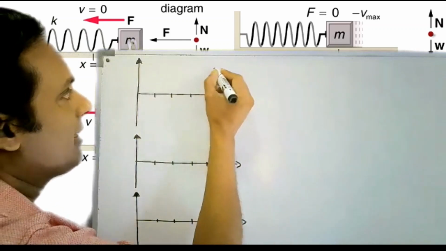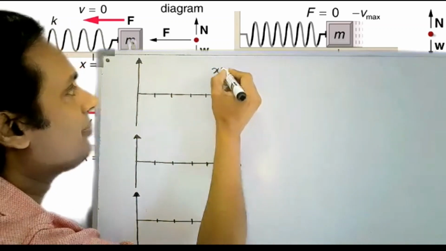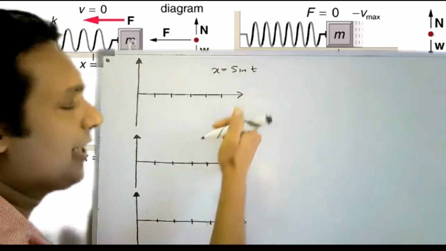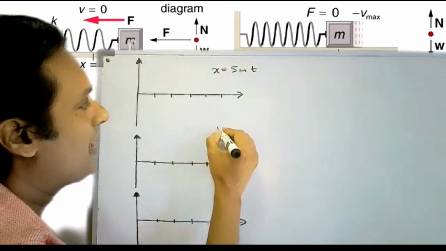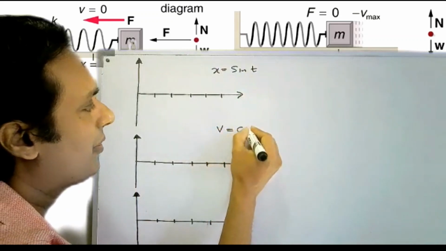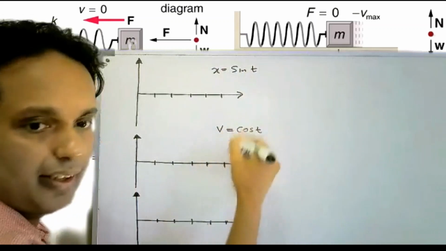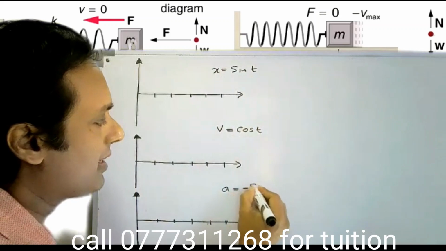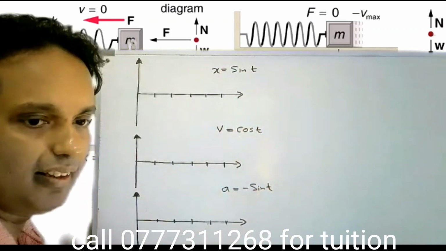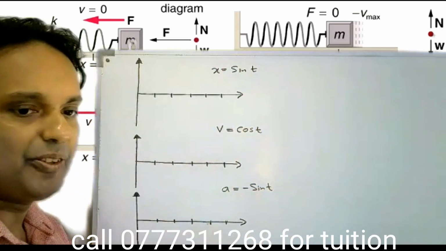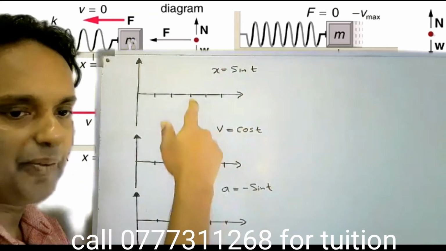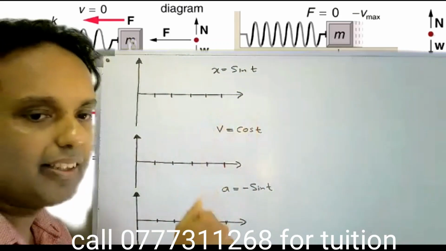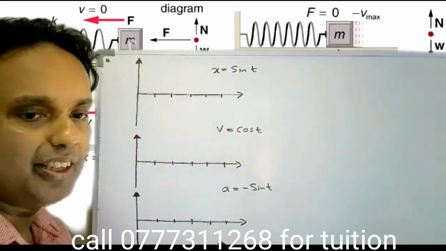See this? This is x is equal to sine theta. If I differentiate this, I get velocity is equal to cos theta. If I differentiate this again, I get the acceleration function, minus sine theta. Okay. I see math students are very happy. They are very happy because they know that. But you don't need maths to do this differentiation. Your grade 2 child can do this.